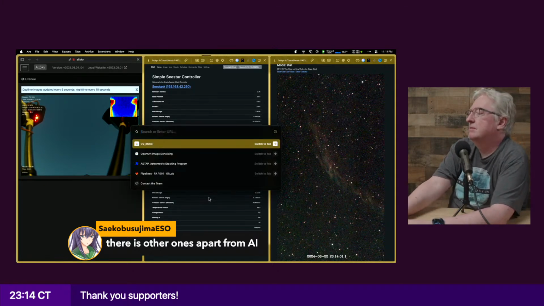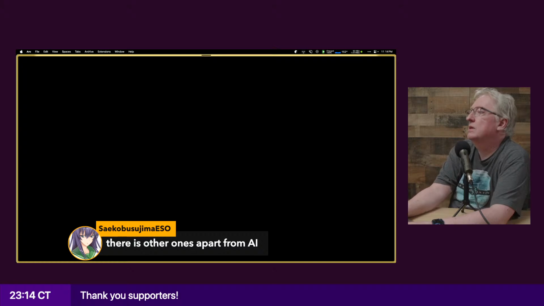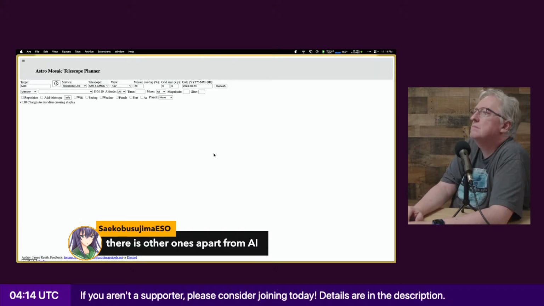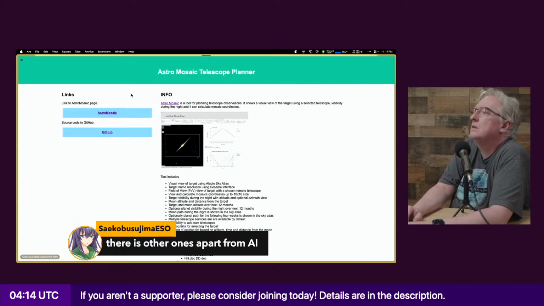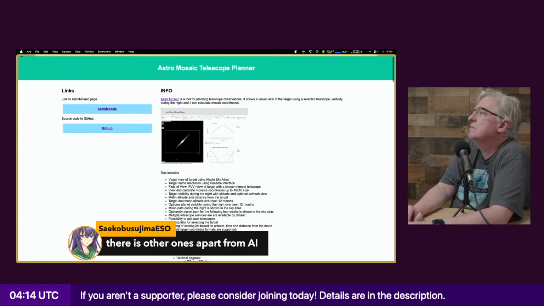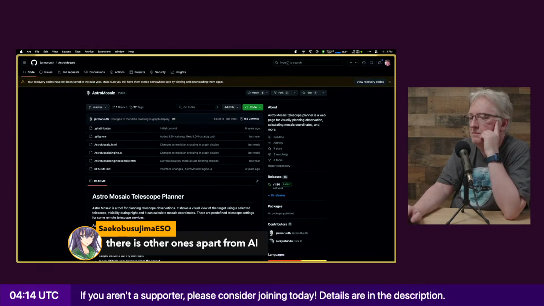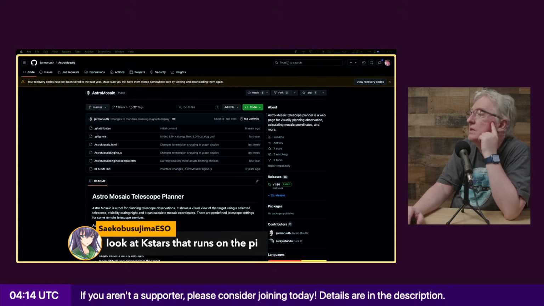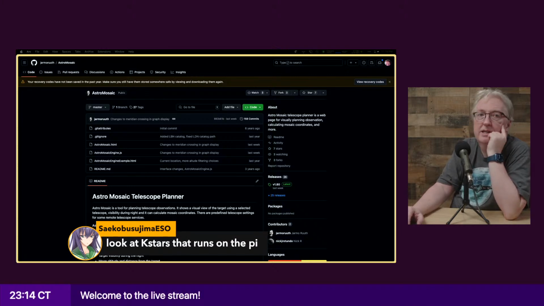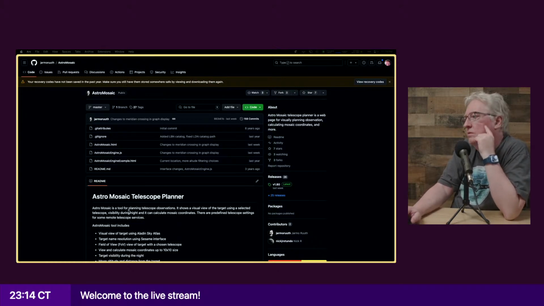What was it? That Astro Mosaic. No, it was their GitHub. Yeah, KStars does run on the Pi, but I was thinking of building everything into the web interface, but that wouldn't work in offline mode.